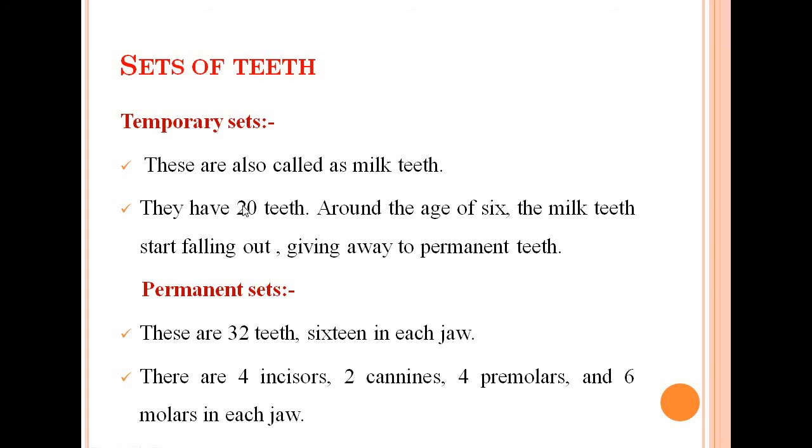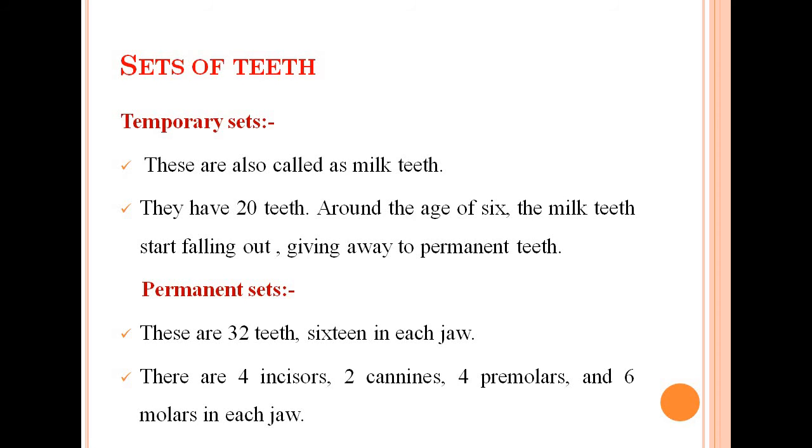Clear? So how many are there? 20 teeth. So what is the permanent set? In the permanent set, there are 32 teeth, 16 in each jaw. In the upper jaw there are 16 teeth, in the lower jaw there are 16 teeth. Total 32 teeth are there in the human being. There are 4 incisors, 2 canines, 4 premolars and 6 molars in each jaw, and the dental formula is 2